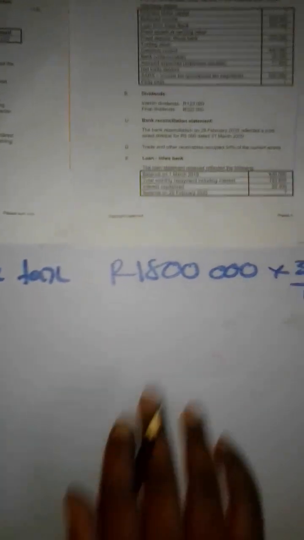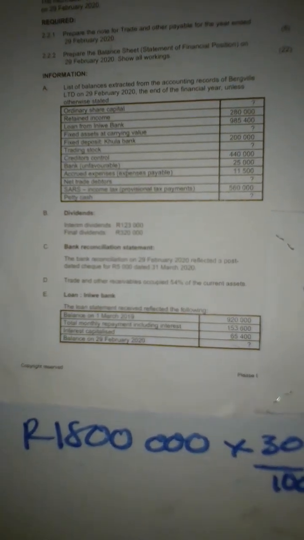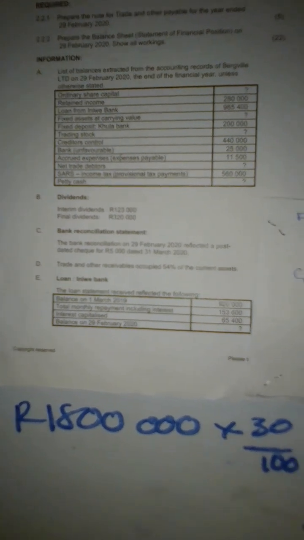Okay, let's find out the information that we are given. What is it that we are given? If you look at A, there are many question marks. So we are going to start by identifying those amounts which are already there that we can start by recording. Okay, since we are given the current liabilities here at